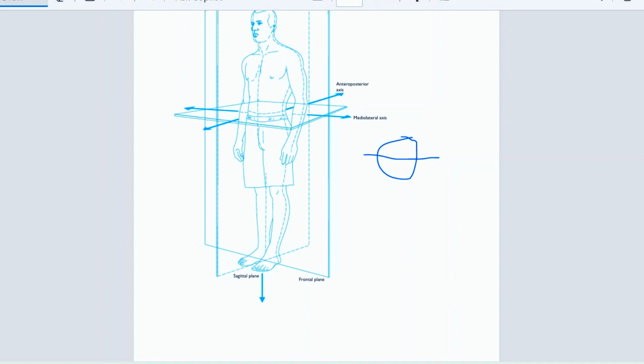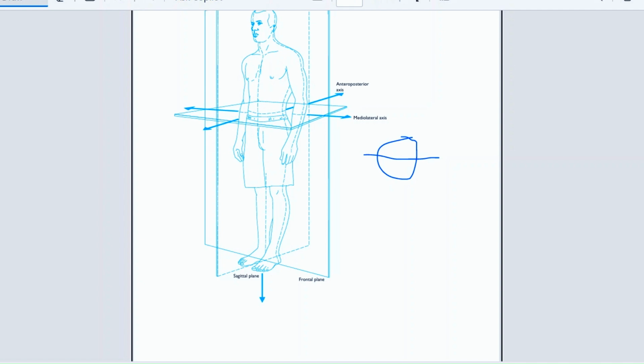After that, as we have discussed these three planes, we are going to discuss the anatomical reference axes. Axes are majorly perpendicular to the plane, meaning at a 90-degree angle. So the medial lateral axis is perpendicular to the sagittal plane, the anterior posterior axis is perpendicular to the frontal plane, and the longitudinal axis is perpendicular to the transverse plane.